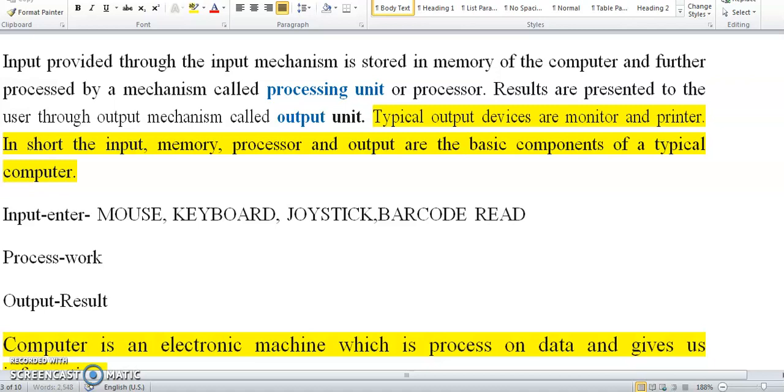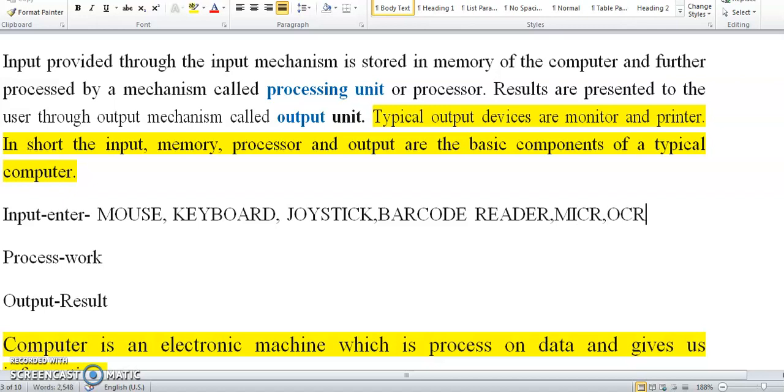Then barcode reader. When you go to any mall to purchase something, at the time of creating a bill, the user uses that simple machine to read the rate of that particular product. After reading the rate of that product, the amount will be stored in the computer. That's called a barcode reader. Then MICR,